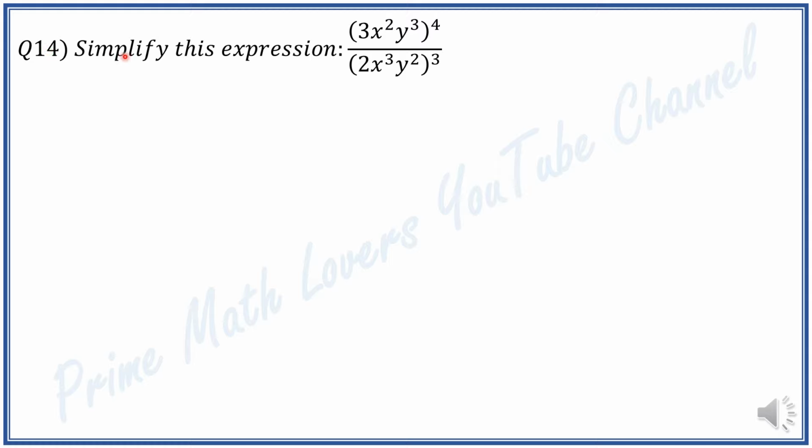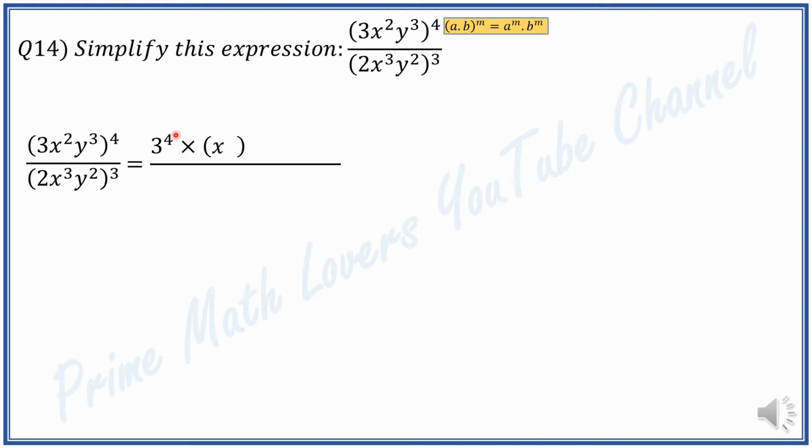Question 14. Simplify this expression like the previous question: (3x squared y cubed) to the power of 4 over (2x cubed y squared) to the power of 3. First we apply this rule. It states (a times b) to the power of m is equal to a to the power of m times b to the power of m. So we can apply this rule to our expression, and we'll get